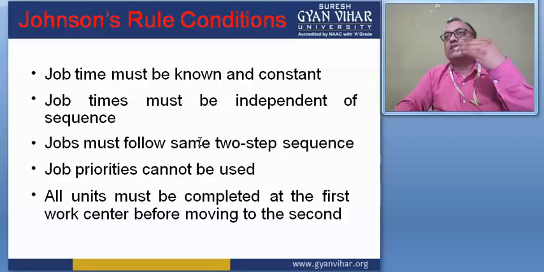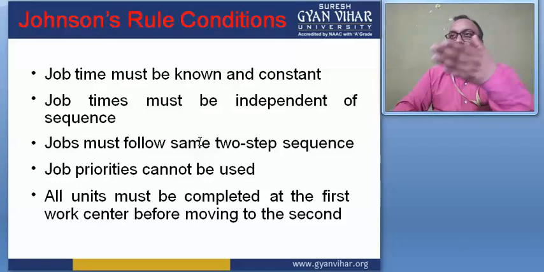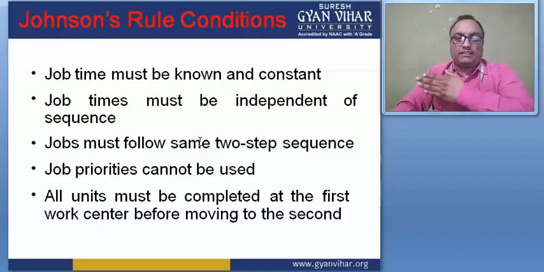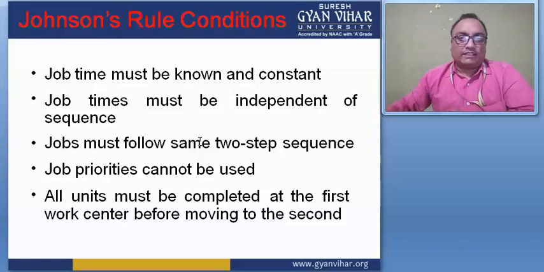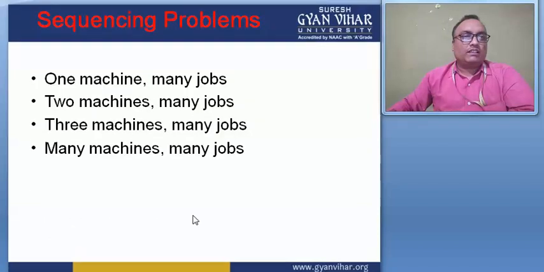Meaning, the first job is completed, then this job moves to the second machine. Otherwise, if the first is not completed, then at that time the second machine is set in an idle condition. So these are some rules given by Johnson's method, and one more is the sequencing problem.